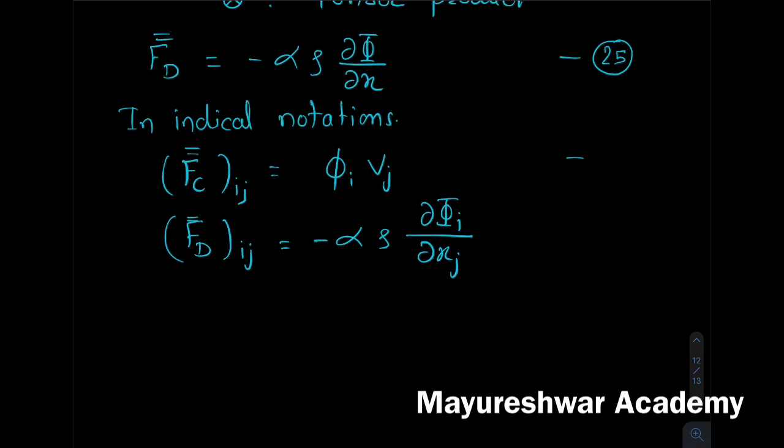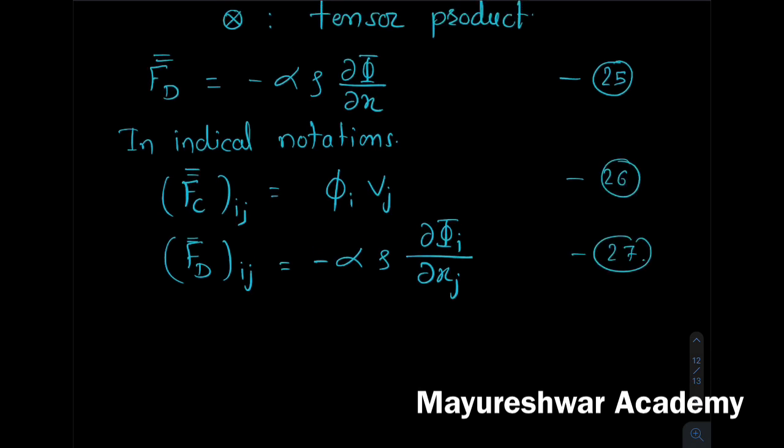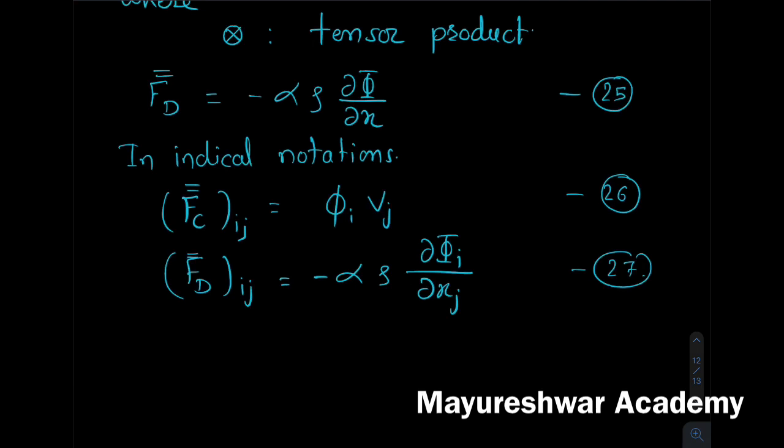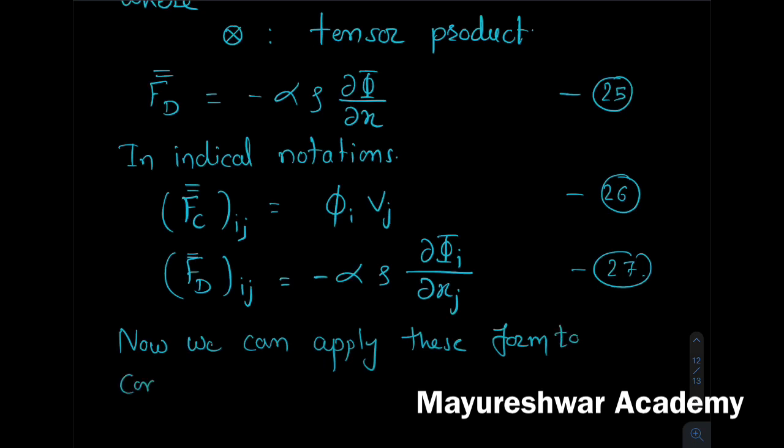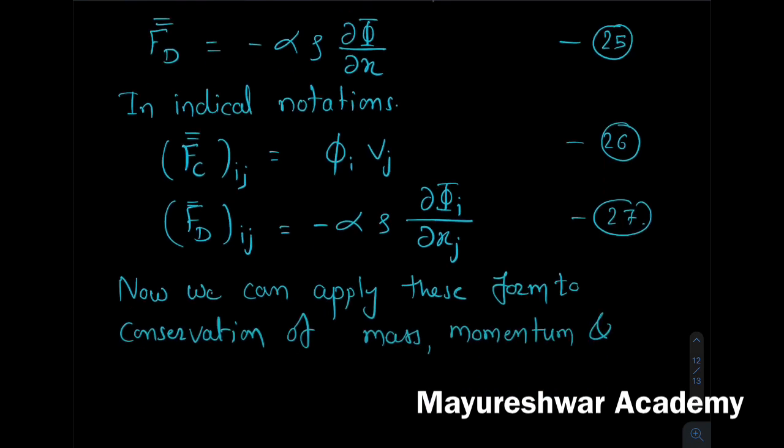So let us call these 25, 26 and 27. These are now in vector form. Now we can apply this form to conservation of mass, momentum and energy. So they are templates like